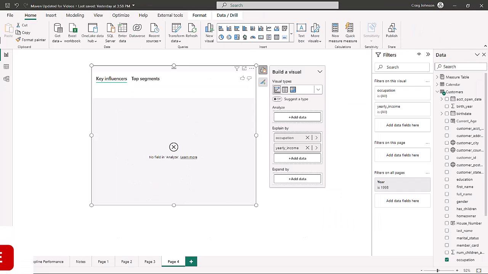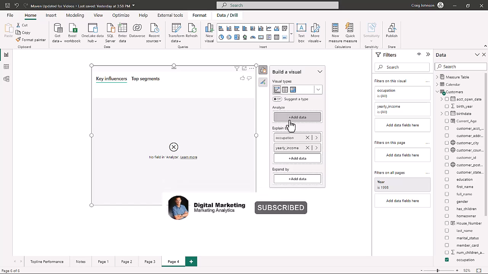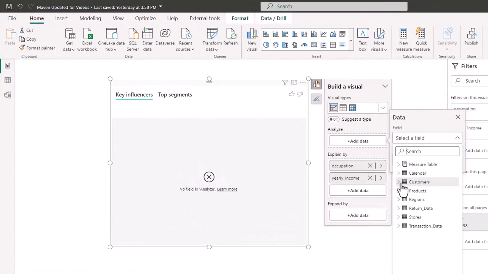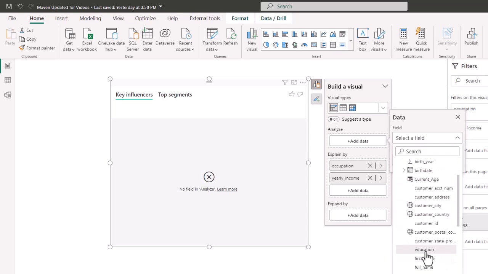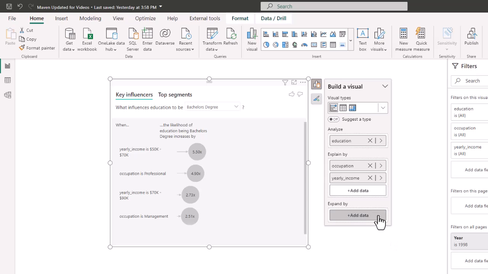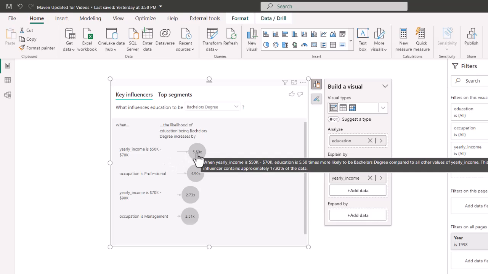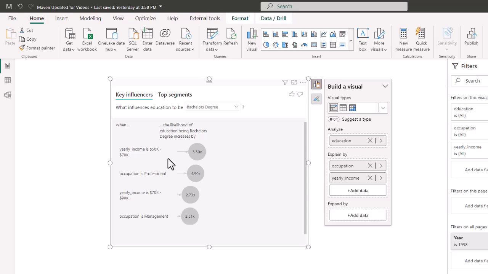Let's do a second example of the key influencer. Now we want to know if their education level, which is either a bachelor's or a graduate, we want to see what influences that by occupation and yearly income. And what influences the education to be a bachelor's degree? So if their yearly income is $50,000 to $70,000, they are 5.5 times more likely to have a bachelor's degree in this data set. Now, if we want to change that to a graduate degree,